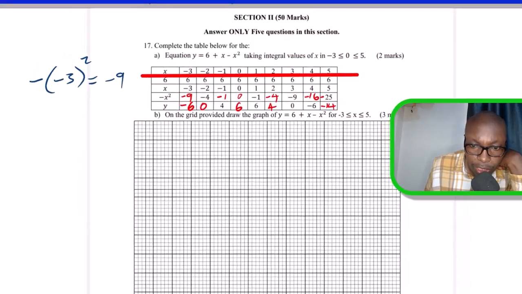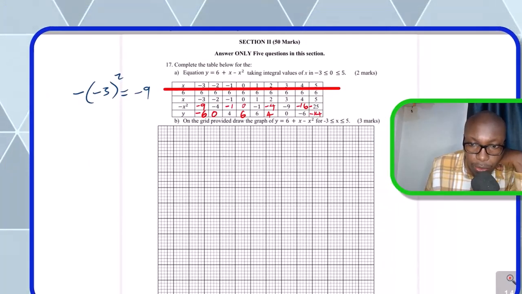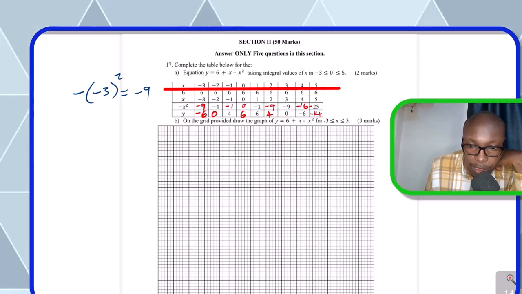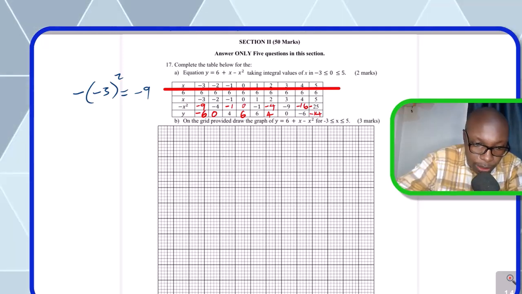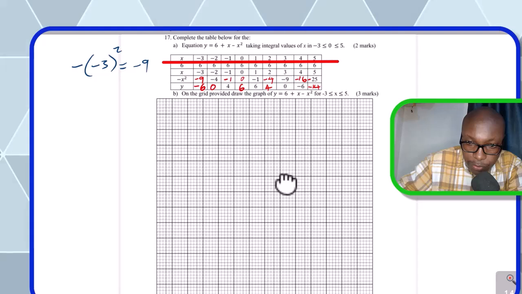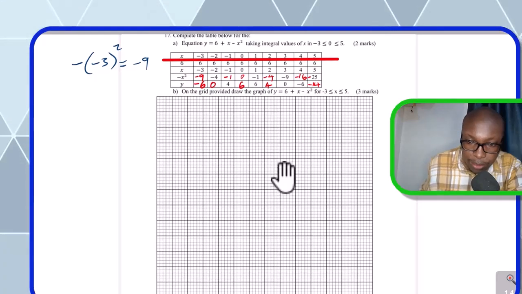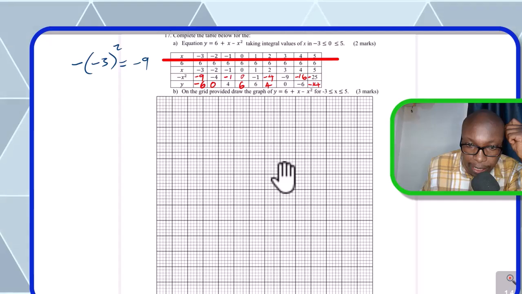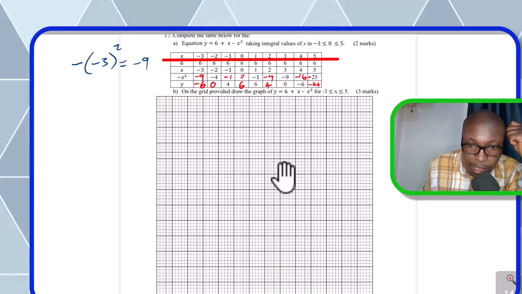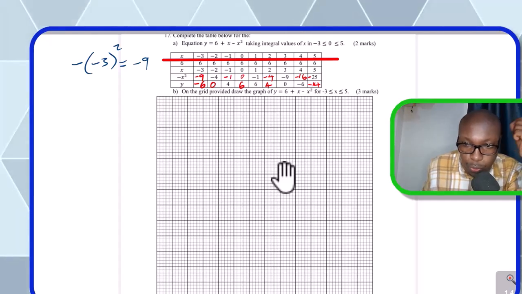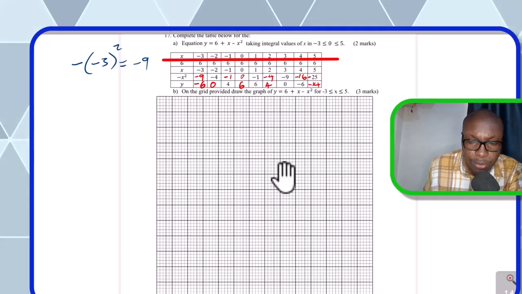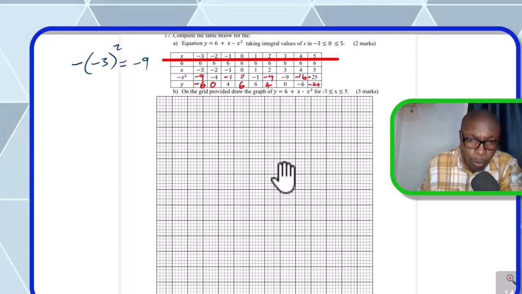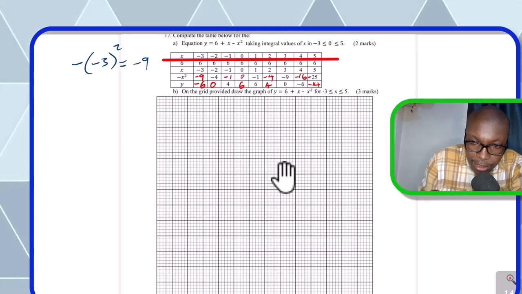Part B, on the grid provided, draw the graph of that function in the range given there. So let me look at the graph. Make sure that when you're choosing the scale, you start by looking at the x. The x values run from -3 to 5, so for that one I can use 1 centimeter to represent 1. Then for the y-axis,